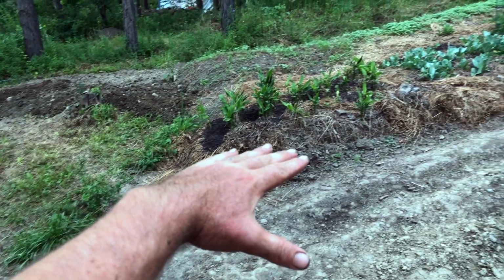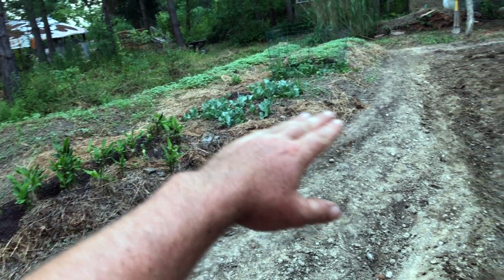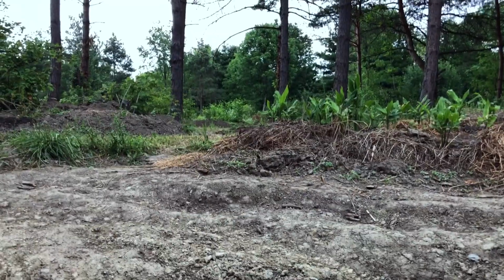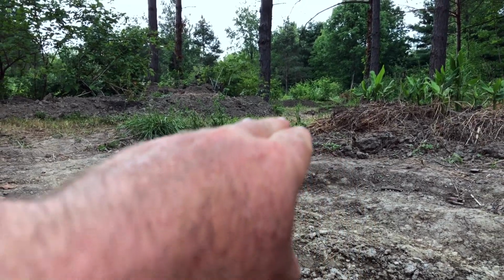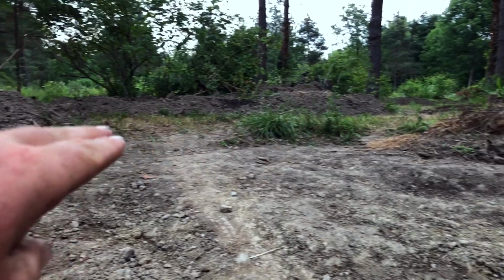It should be able to hold a tremendous amount more water and be able to really irrigate these beds thoroughly. And from down here in the hole, you can kind of see what I'm describing, that there's a little lull where water can sneak through. If all of this was soil 6 inches higher, maybe even a foot higher, all through here,